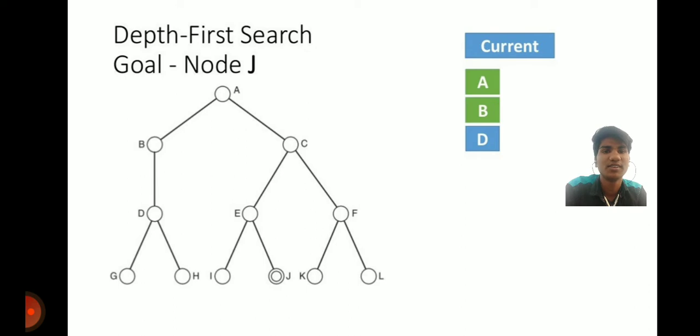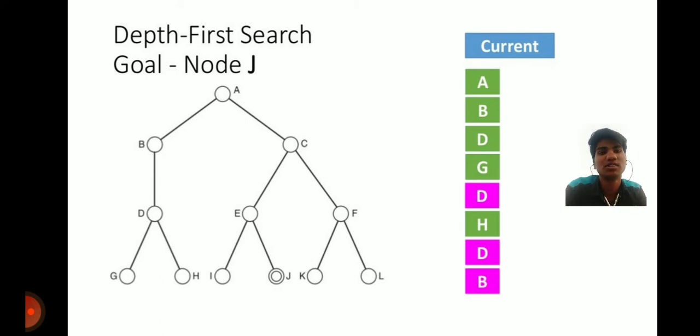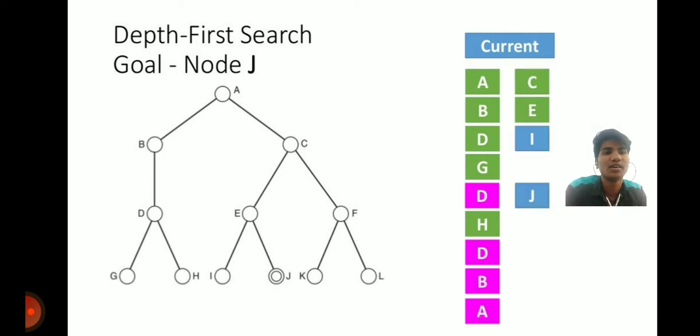B will be arrived. After B, it first searches the leftmost tree. It will give the priority to the left node only. So after completion of the left node, and only then, it will go to the right. So after D it will go to G, and then it will come back to D, and then it will go to H. So the same procedure will occur until the completion, and then it will start with